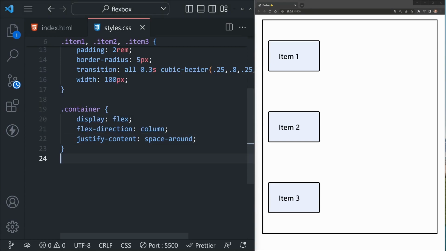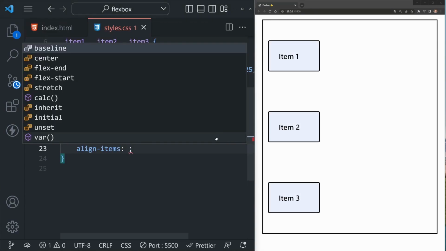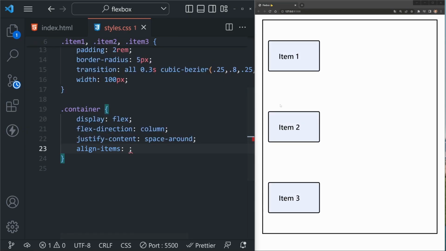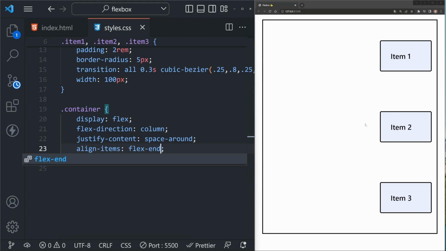Similarly to justify content, we've got the align items property, which is used this time to align items in regard to the cross axis, so horizontal in this particular scenario. And we've got 5 values. So flex start, as you can see, aligns itself to the left. Flex end will align itself to the right. Then we've got center